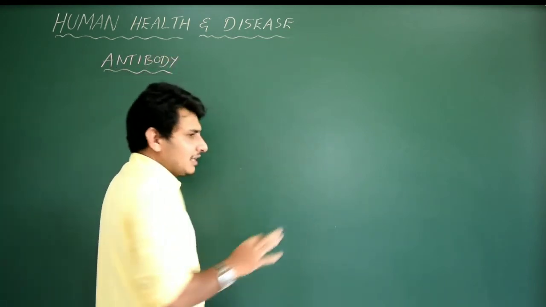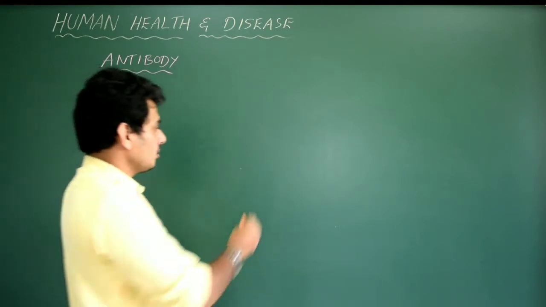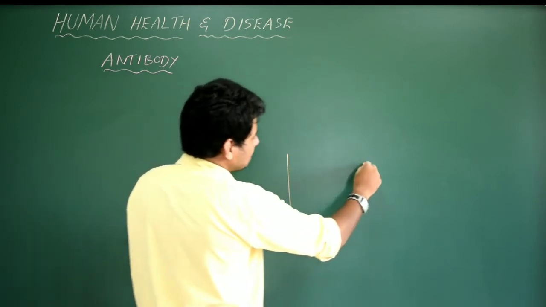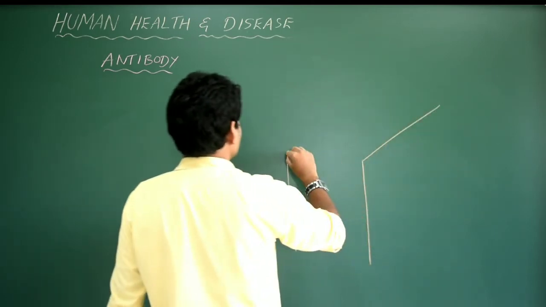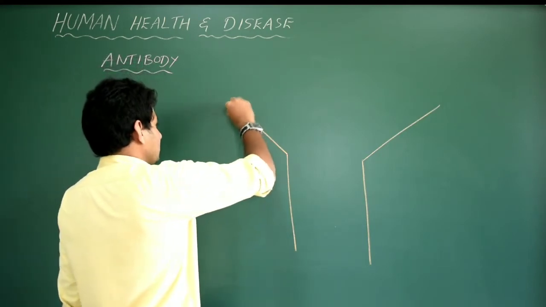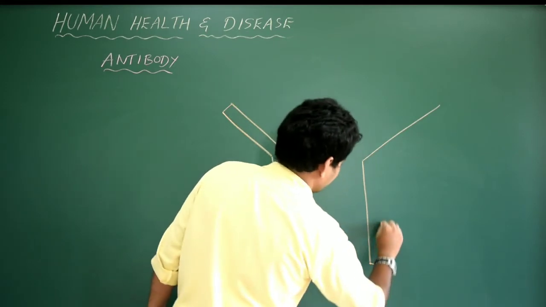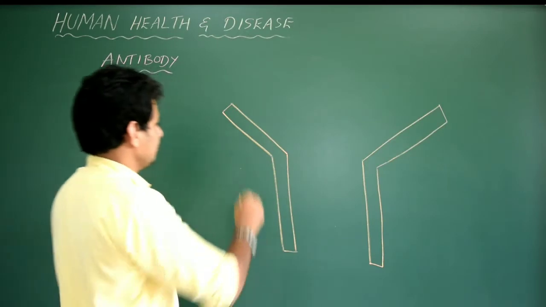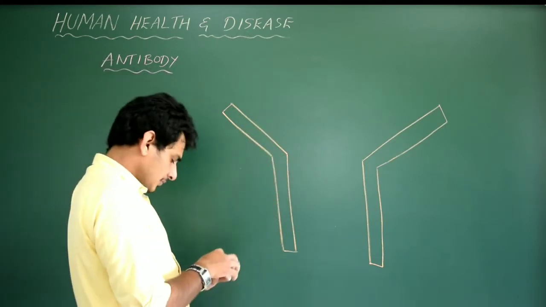Normally they are present on the surface of the plasma cells. Plasma cells means B cells itself. So what I am going to do is draw a Y-shaped structure. The first thing is, see how I draw. First thing is, remember Y. It will be like this. Simple, very easy. I can shade it, not required, it takes time.